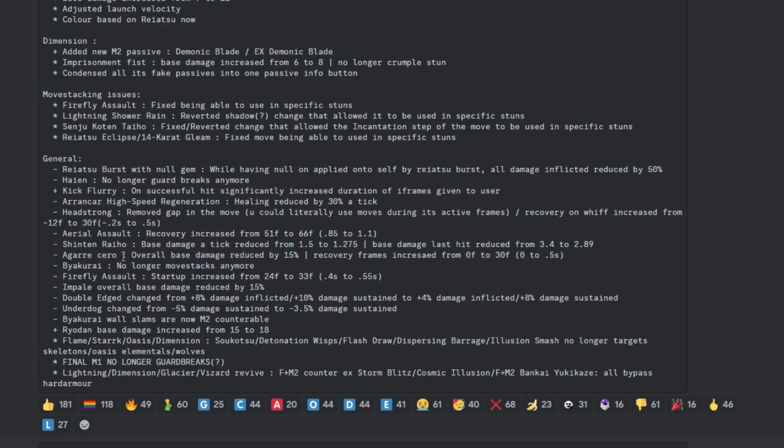Alright, moving on. Shinten Raiho. Decreased damage. That's good. Shinten Raiho did way too much damage for what it was. Agari Sero. Damage decreased. Also good. Agari Sero also does way too much damage for what it is. Recovery frames increased from 0 frames to 30. I do not know why the recovery frames on Agari Sero was 0 frames. I don't know like what they were thinking when they made it 0 frames, but yeah, at least now you can punish Agari Seros properly, so that's good. Byakurai, no longer move stacks anymore. Absolutely one of the...